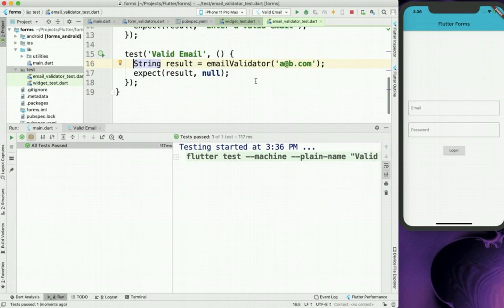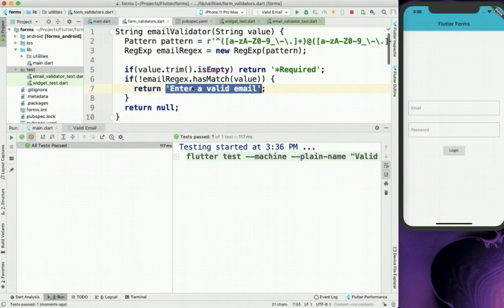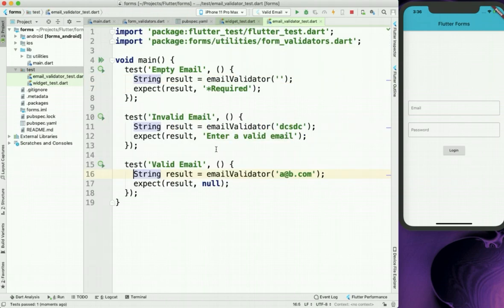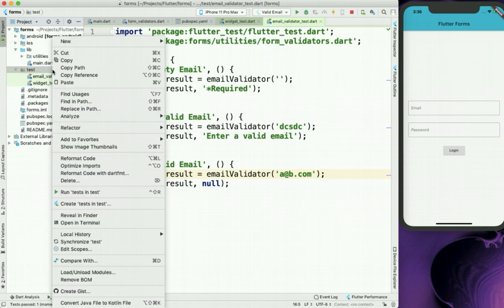That means our email validator function is working fine. It will work fine in every use case. Okay, so this is how we write tests for email validator. Let's write a similar thing for password validator also.